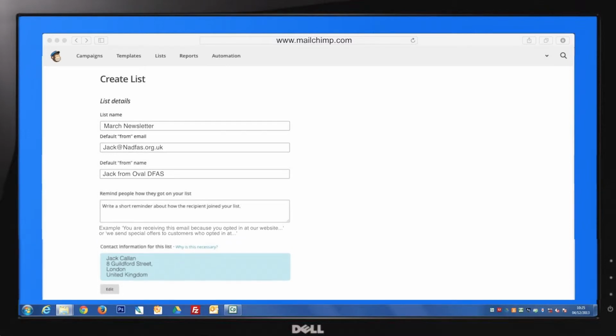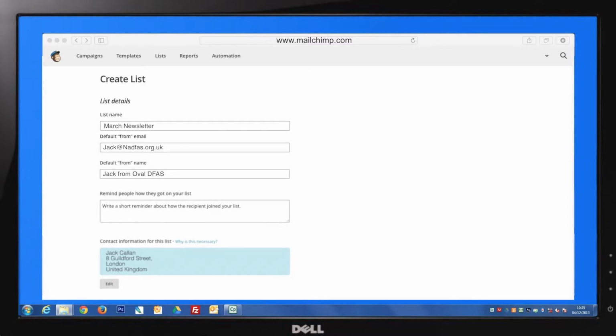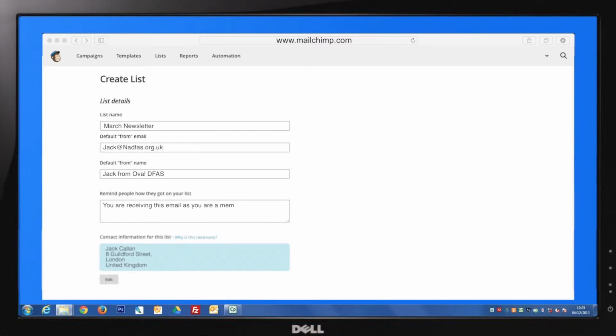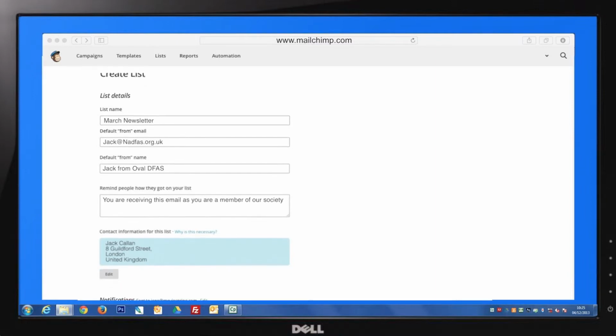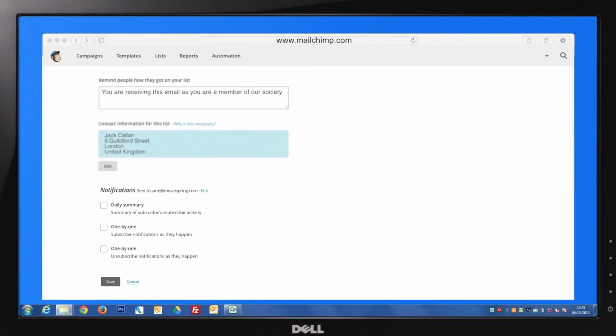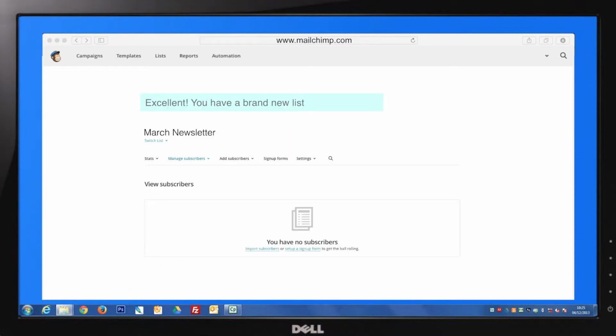Then you need to tell subscribers why they are receiving your letter. So, for example, you're receiving this email as you're a member of our society. Any changes to the address can be edited by clicking the Edit box. I'm going to click Daily Summary of Activities and Save. You'll notice that we currently have no subscribers on our list, so we are going to look at how to